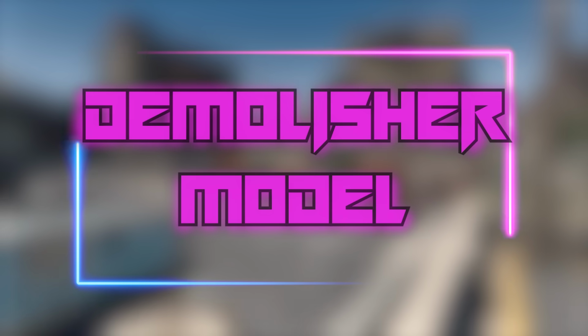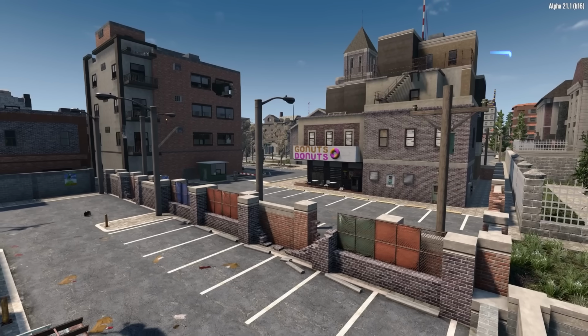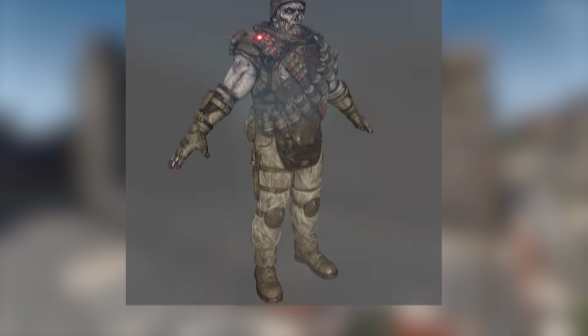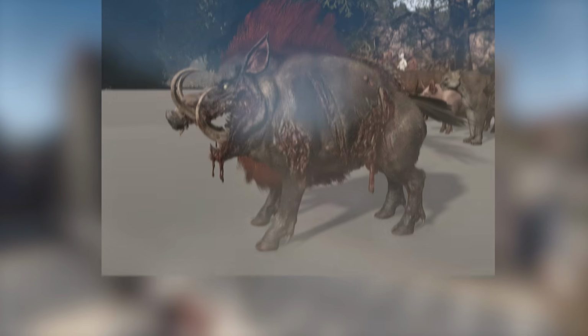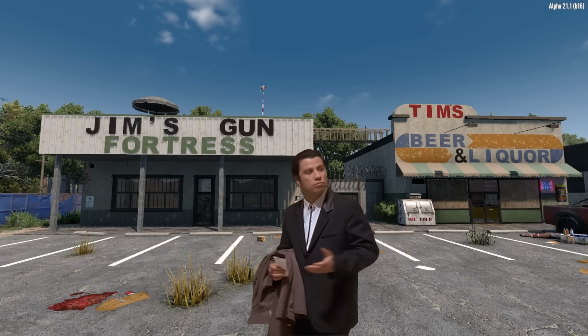We also got to see the all-new Demolisher model in another screenshot shared to Twitter by the Fun Pimps. The new model looks incredibly detailed and gruesome, much like the updated model for Grace, the infected boar we'd seen previously. I think this will look much less out of place in the game world moving forward, with his